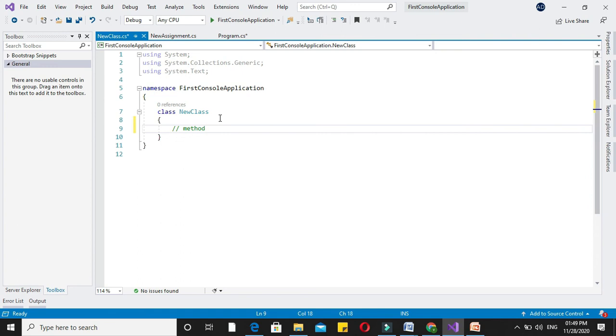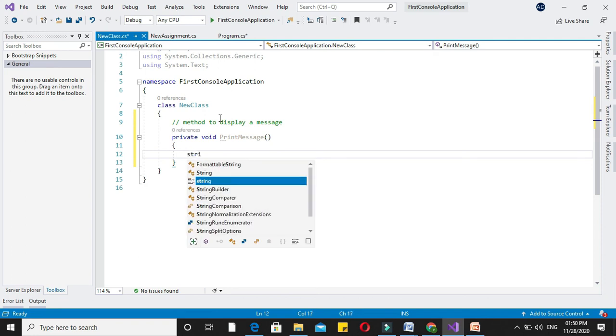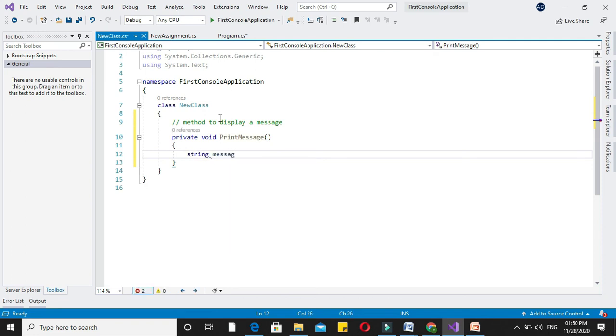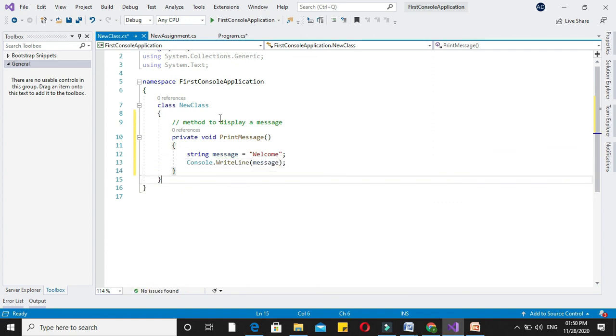So I will define a method private void PrintMessage, and in that I will define a variable string message equal to "Welcome", and I will print it: Console.WriteLine(message).